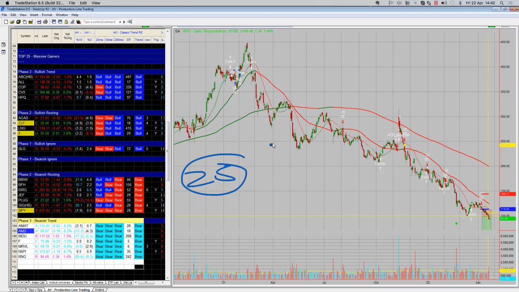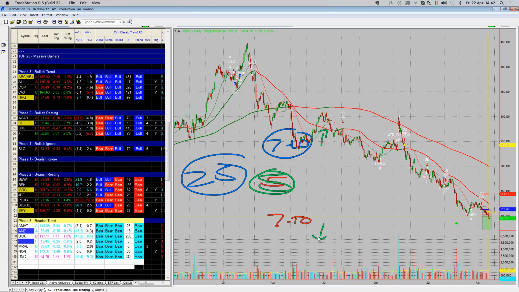So what you'll have is, out of your top 25 stocks, you may have 7 to 10 that are bullish, and you may have 7 to 10 in a bearish trending state. And there's going to be, let's just say 5, and then mix the numbers up. So you've got top 25, 10 bullish, 10 bearish, and 5 are going to be neutral, not really doing anything significant. You're not always going to have all 10 bullish, all 10 bearish. You're going to have a mix, and maybe you'll have 5 positions bullish on, 5 positions bearish, give or take.